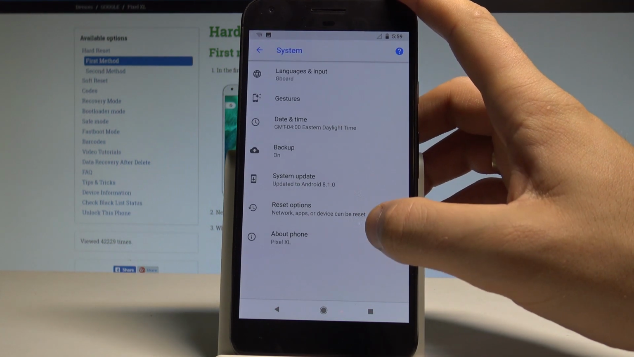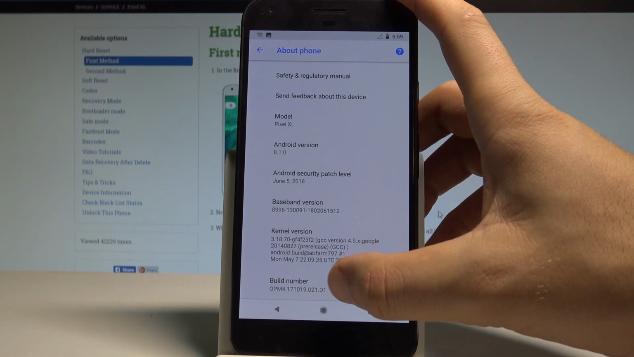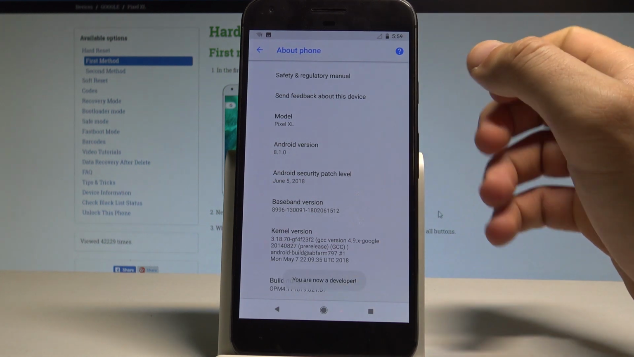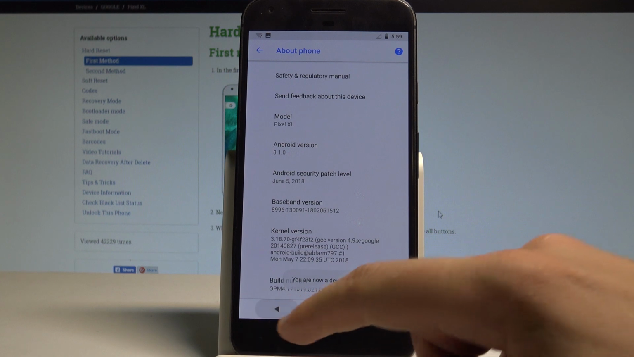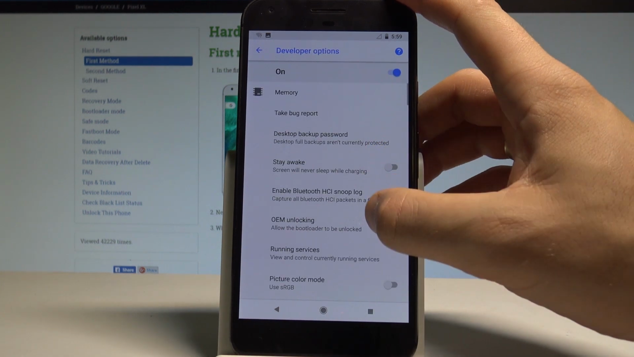Here let's choose System, select About Phone, scroll down, and let's tap a couple of times on build number. As you can see, you are now a developer. You can go back, and right here you can find developer options under backup, and here you can use all